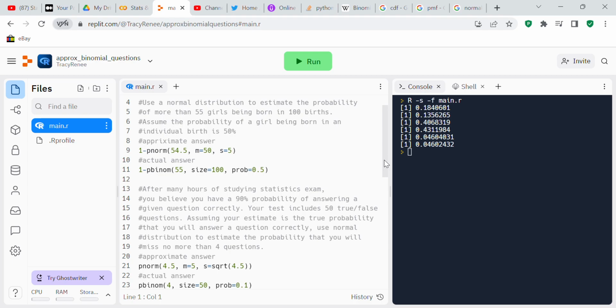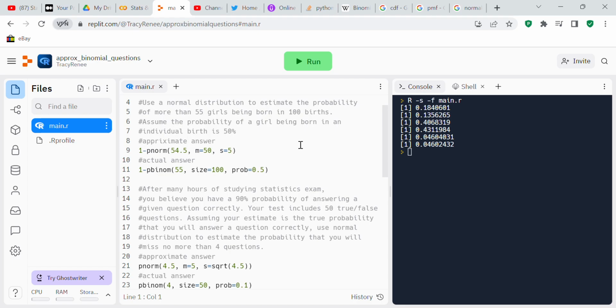Okay, the first question is: use a normal distribution to estimate the probability of more than 55 girls being born in 100 births. Assume the probability of a girl being born in an individual birth is 50%. The approximate answer is 1 minus pnorm(54.5, m=50, s=5), and that gives you an answer of 0.1840601. The actual answer is 1 minus pbinom(55, size=100, prob=0.5), which gives you a value of